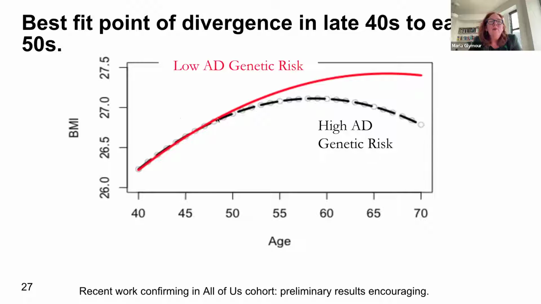And what you can see is before around age 50, there's really no association between Alzheimer's disease genetic risk and BMI. Just as you'd expect, the genetics of Alzheimer's have nothing to do with BMI. Until basically late 40s, early 50s, these start to diverge, and you start to see that weight loss is faster in people. And I should say, this is all cross-sectional data. That is the big caveat here. But effectively the age trajectory of BMI becomes much more shallow for people with high Alzheimer's disease genetic risk.